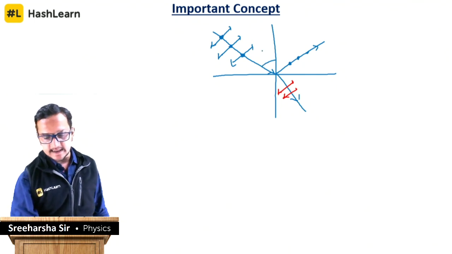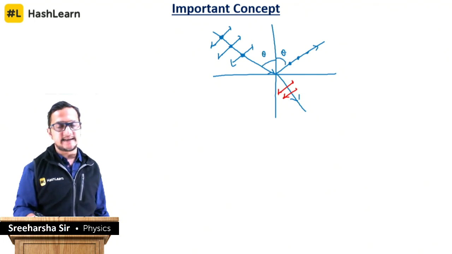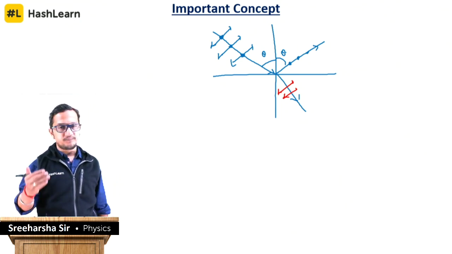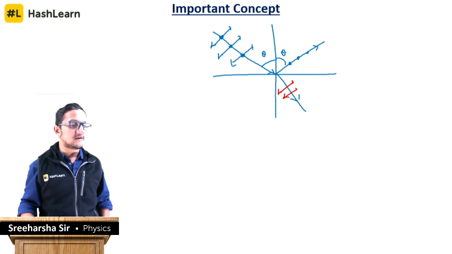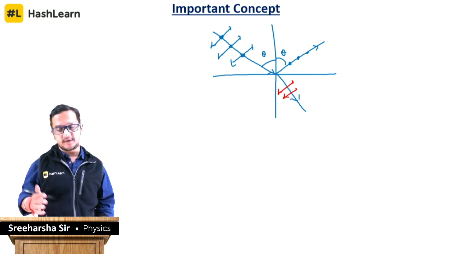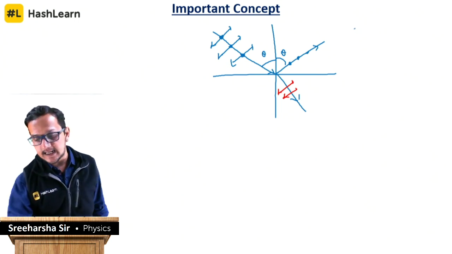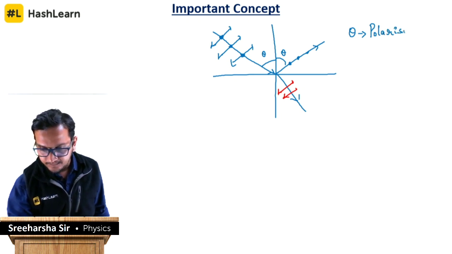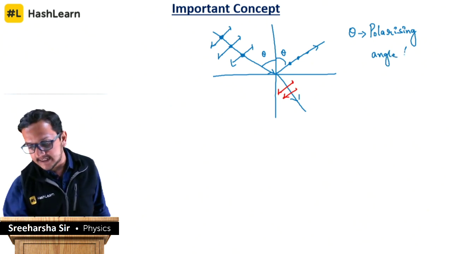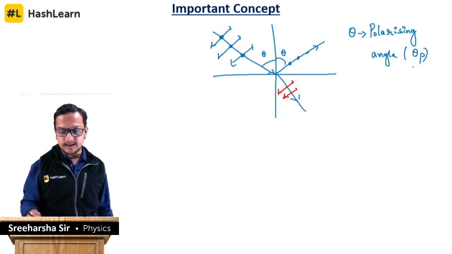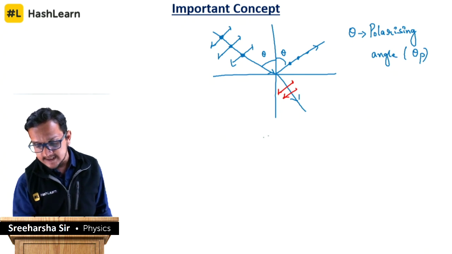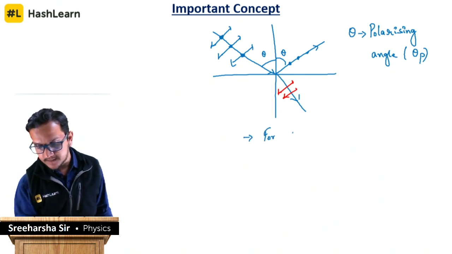Now if this angle is theta and this angle is also theta because of the law of reflection, the angle of incidence is equal to the angle of reflection. This is from the law of reflection. So there exists a particular angle of incidence called the polarizing angle, which is represented as theta p. So the polarizing angle is that angle of incidence for which